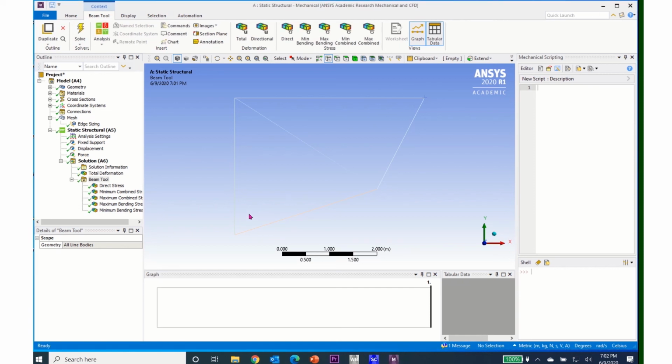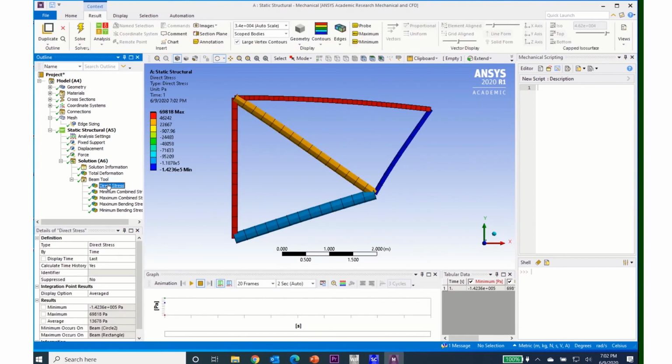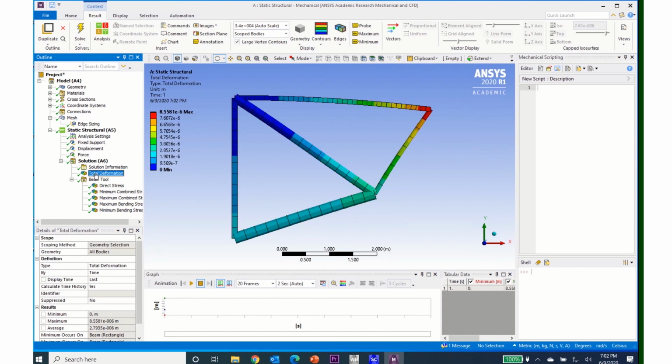After the solve is complete, you see that you have green check marks by everything all the way up. You can then click on these different items to see your results. There's the direct stress. Here's the combined stress, maximum combined stress. I can come back up here to total deformation and see the total deformation. So that's what you need to do to solve a